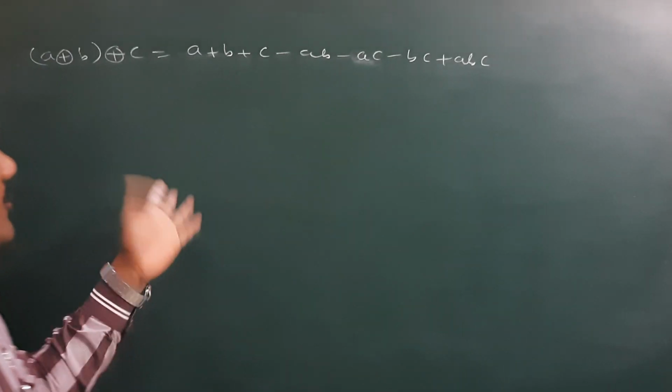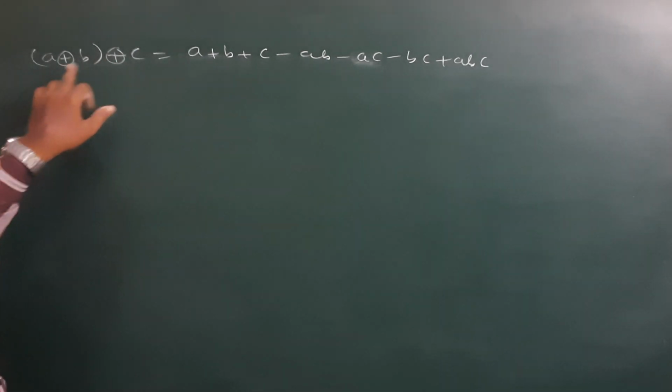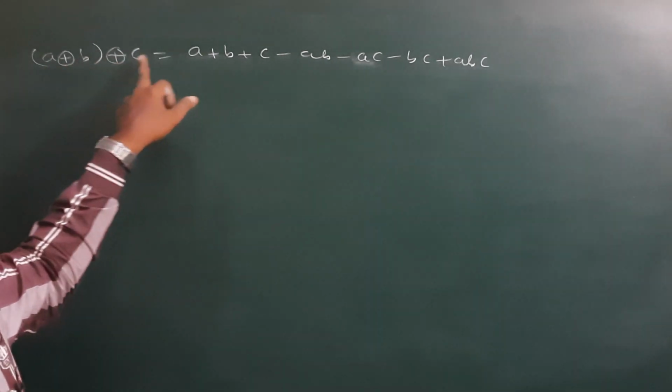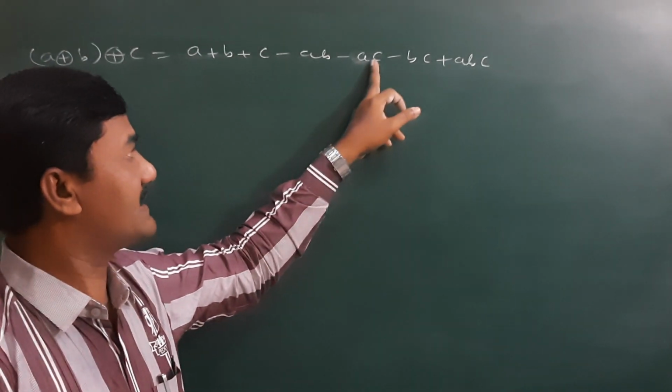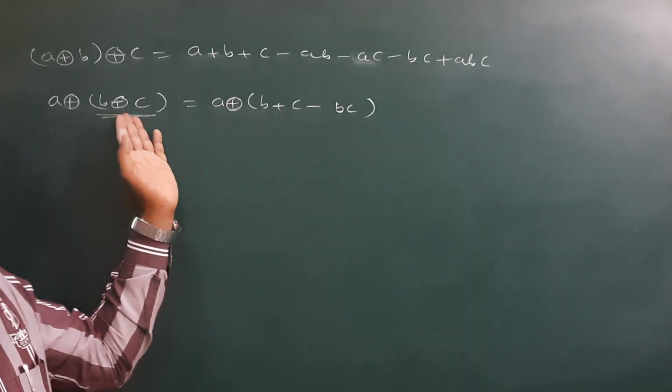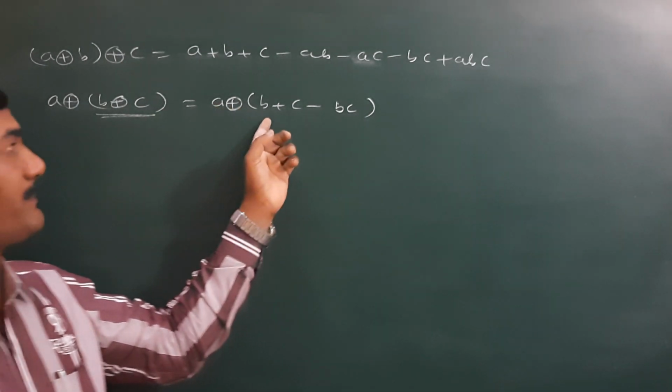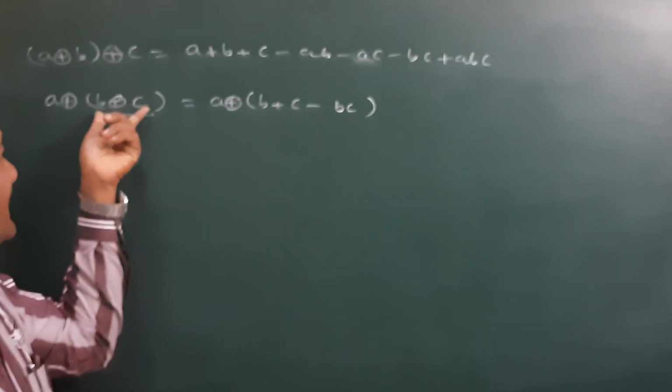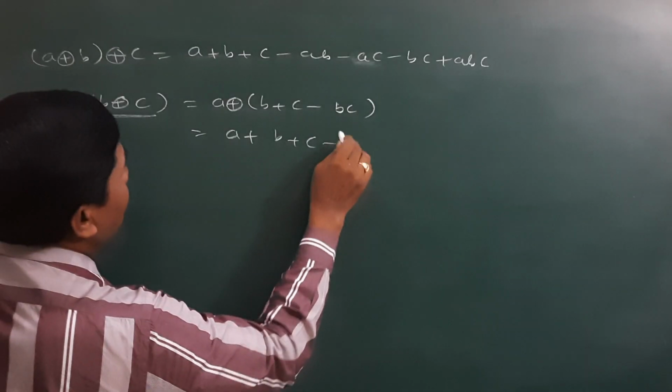So now we can prove that associative property. One way we have already proved: (a ∘ b) ∘ c is equal to a + b + c − ab − ac − bc + abc. And here a ∘ (b ∘ c), we can apply the definition of b ∘ c here. So a ∘ (b ∘ c) is equal to a ∘ (b + c − bc). So using the definition, in this case a + b + c − bc